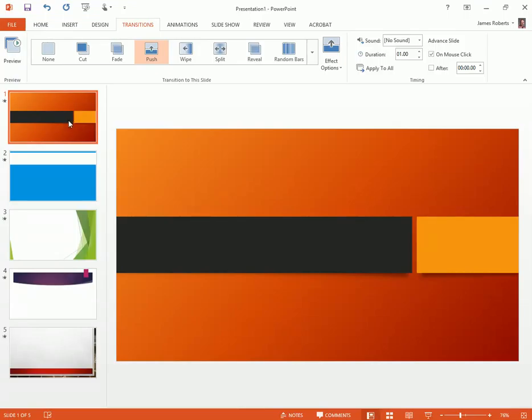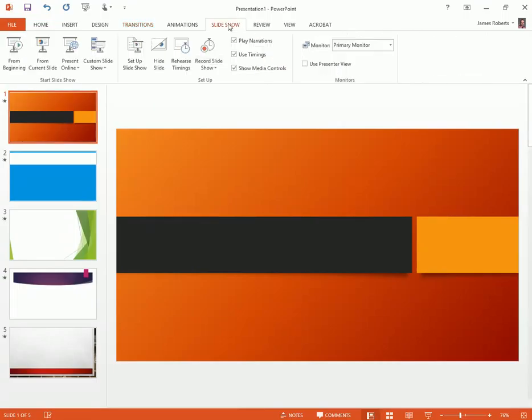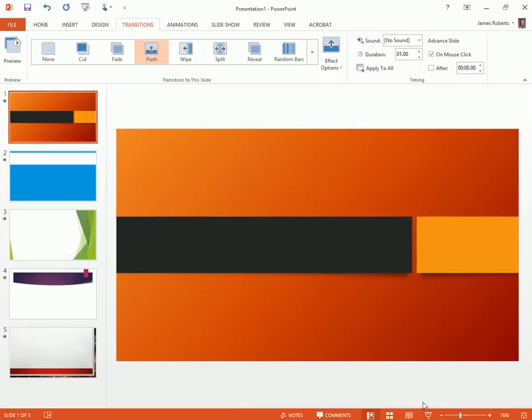Now there's a couple of ways that we could start our slideshow if we would like. One of those is we can come up underneath slideshow and we can play it from the beginning or from wherever we have a slide that's been selected. Another way that you can do this is if you go down in the bottom and you have what looks kind of like a movie projector screen down on the bottom, you can click on that also and it will start right from whichever slide you happen to be on. So now if I click this